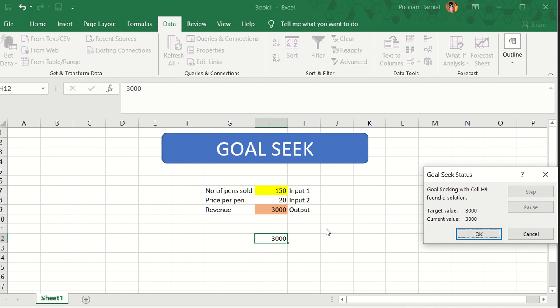So you need to ensure that you have made your entries over there, and then finally use the goal seek tab, and through it you can calculate your answers in a fraction of a second. So this is how you can use the goal seek formula.